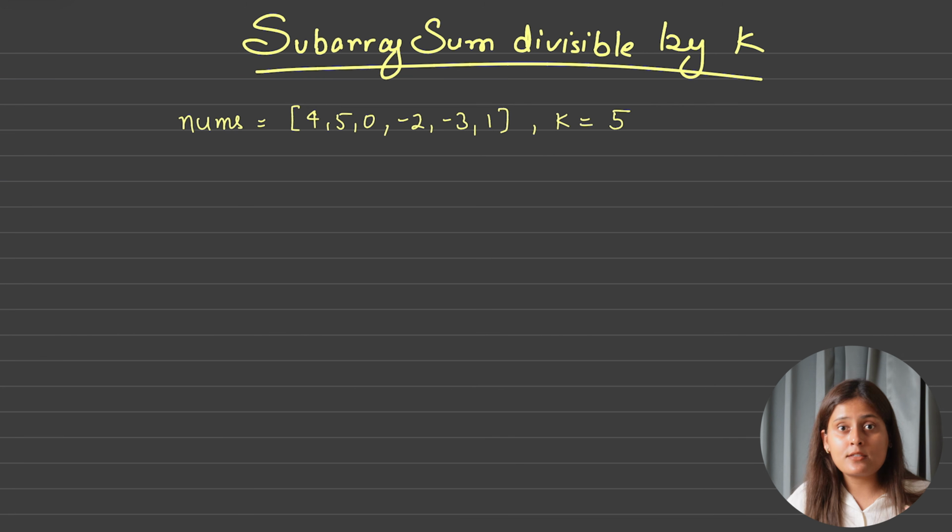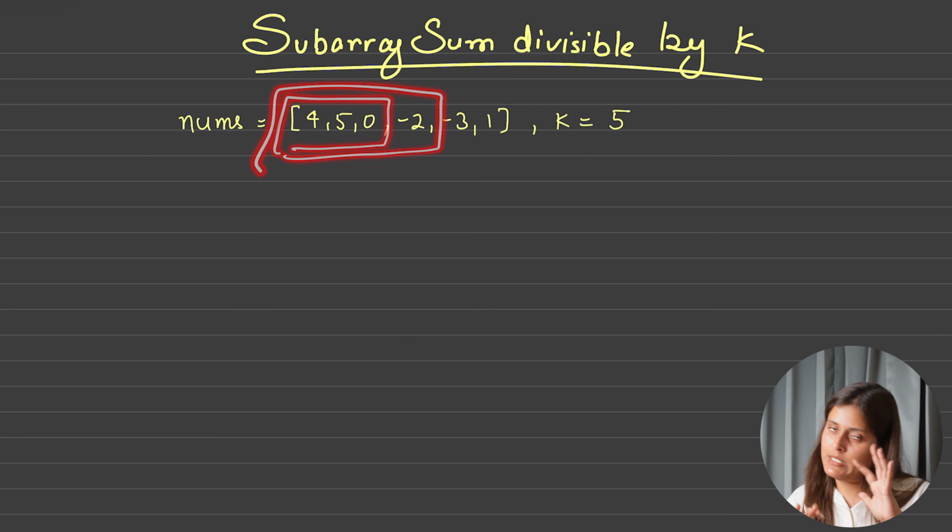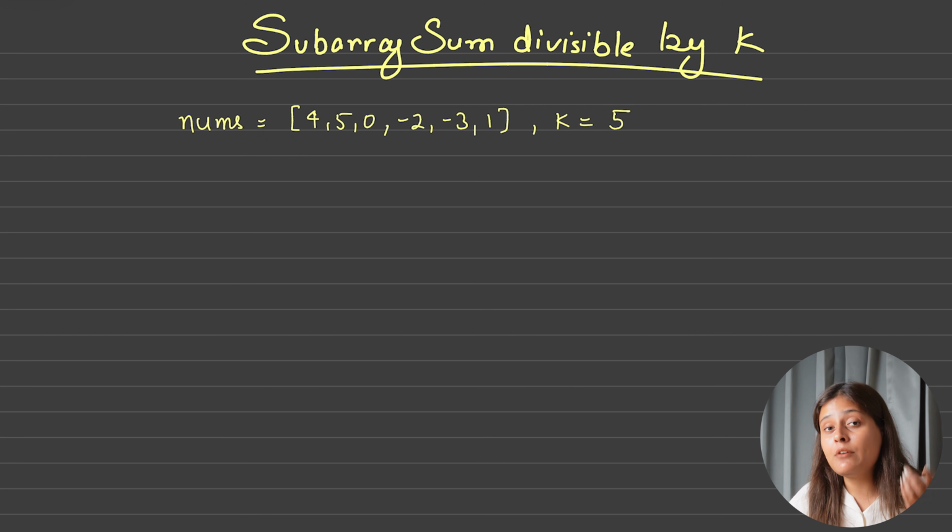Okay, can we apply Kadane's? No. Even though Kadane's allows negative numbers, it gives the maximum summation only one time. It won't help you to count such subarrays. So hence we have to go with prefix sum. And as you know, prefix sum helps us to calculate the summation of all such numbers multiple times. Yes, multiple times, but prefix sum alone won't help you to count the number of subarrays. You need to take care of a hash map also. Remember? Yes, in the previous question also we have discussed a similar approach. If you have not visited that, I will definitely add it somewhere here. You can go and check that question, and if you do understand, we can move forward from here.